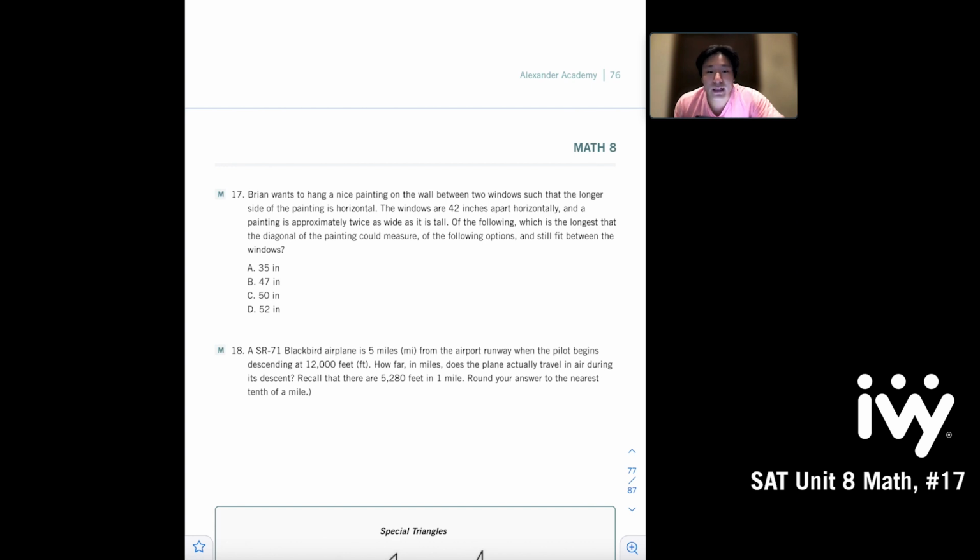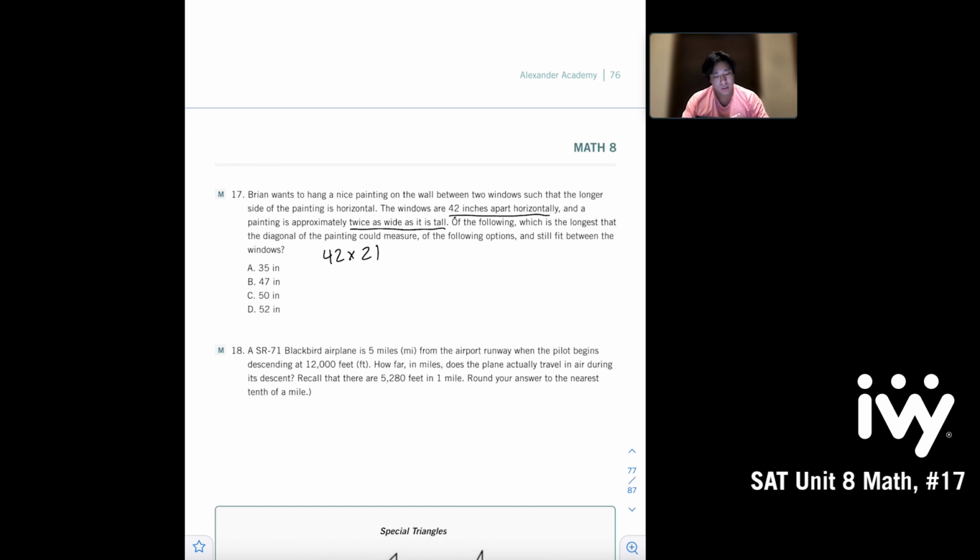Brian wants to hang a nice painting on the wall between two windows such that the longer side of the painting is horizontal. The windows are 42 inches apart horizontally, and the painting is approximately twice as wide as it is tall. Which of the following is the longest that the diagonal of the painting could measure and still fit between the windows? So we see that we are 42 inches apart horizontally and approximately twice as wide as it is tall. What that means is we have a painting that is 42 by